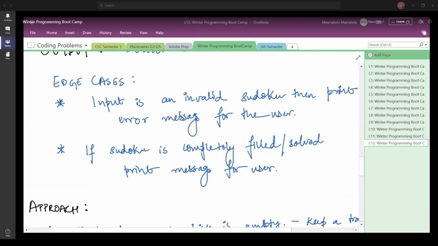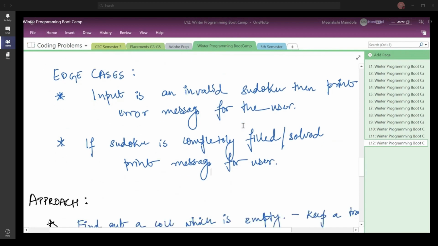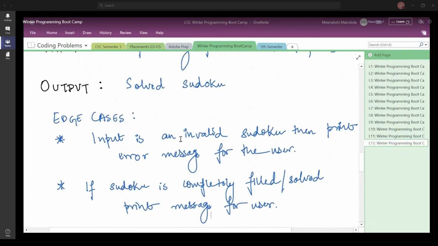Yes, so as I was saying, whenever for this particular edge case input, wherein you are going to check if the input is invalid or valid, you can create a function for this. Since you already know, it is always a good practice to make your program modular. By modular, I mean that you have a function or a method for each set of tasks that you have to perform. So you can have one module or one function or a method for checking if the input Sudoku that you have is valid or not.